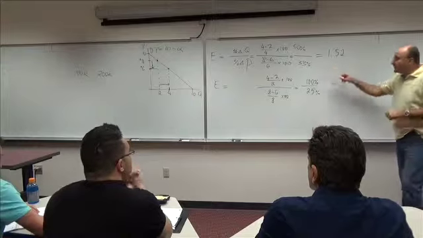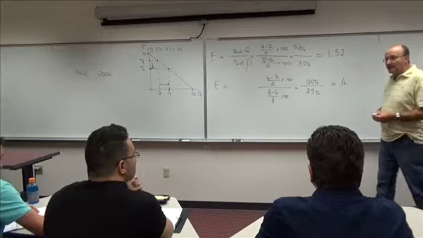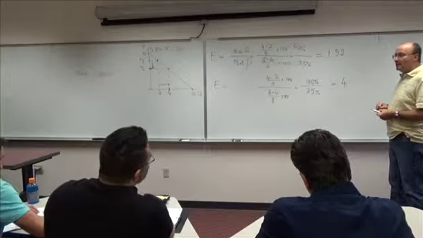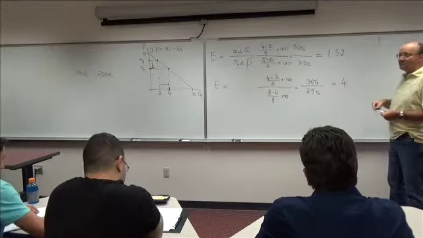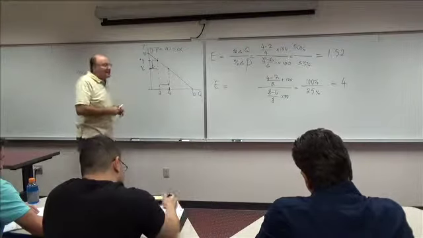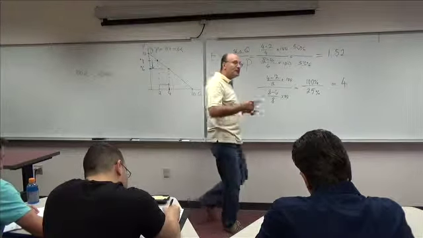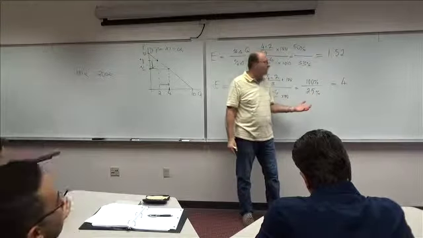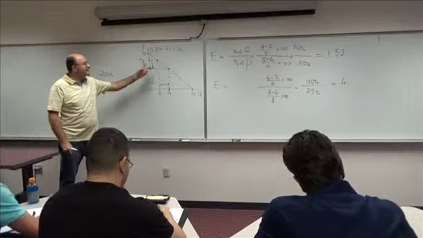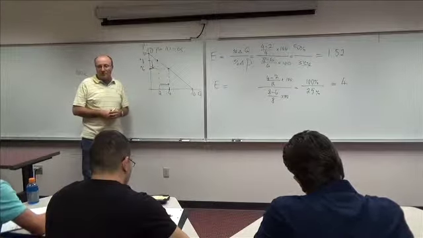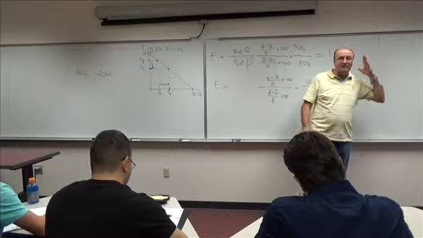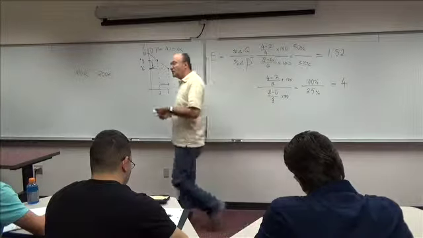So, by applying our formula, we found out that consumers respond to a 1% change in price by changing quantity demanded by 1.52% along this segment of the demand curve. At the same time, we found out that in response to a 1% change in price, consumers changed quantity demanded by 4% along that segment of the demand curve. Is it possible to get two vastly different results when you're talking about the same thing?